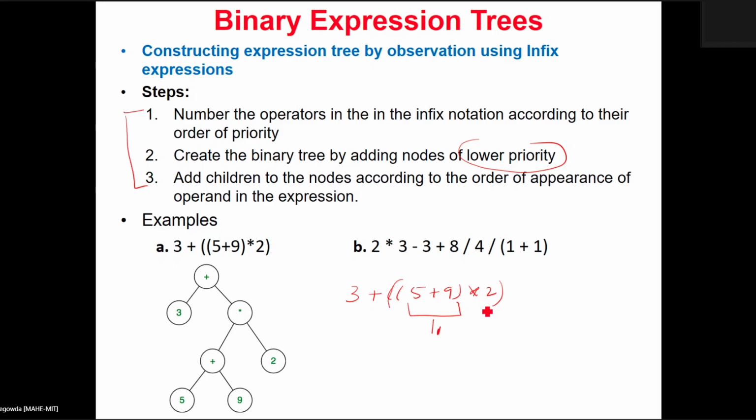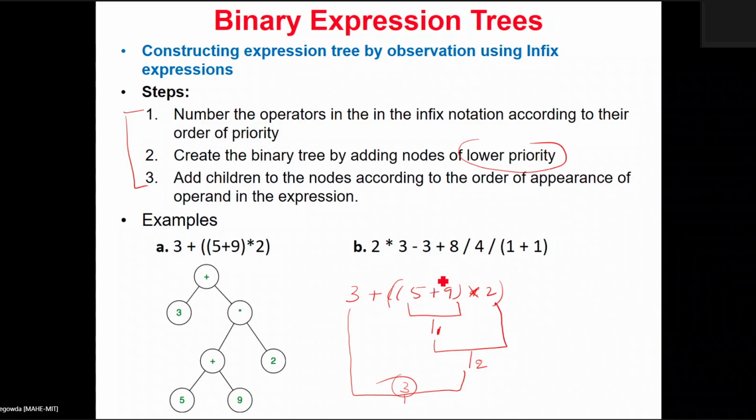Then this multiplication is also enclosed within parentheses, so it is carried out at the second level. It has the second order of precedence. Then finally, the addition of 3 to this will be carried out at the third level. This is the order of priority.